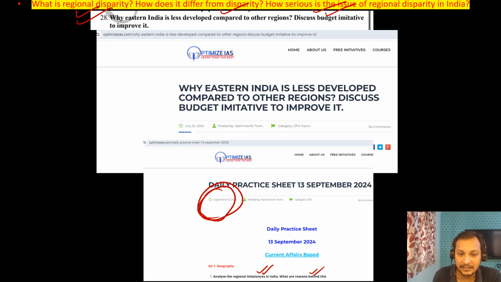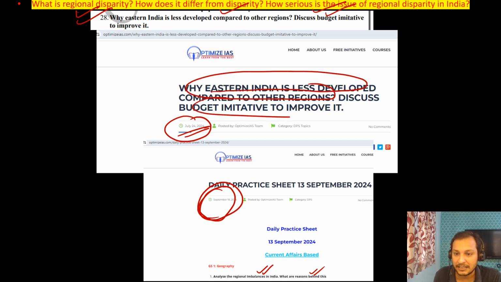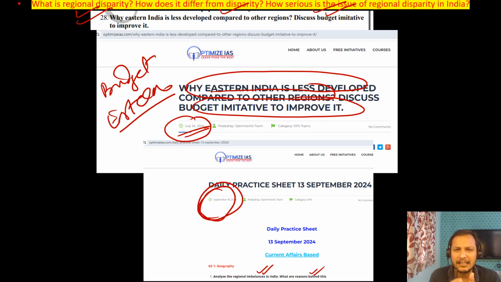Then you can see just around the budget day, I had framed a question, July 24. Why is Eastern India less developed compared to other regions? Discuss the budget initiative to improve it. How was I able to predict this question? This question I predicted because in the budget this year, they had one scheme for Eastern India. They said that Eastern India is a little bit less developed compared to other regions like the Western region or the Southern region. So in order to reduce this regional disparity, for the first time in the budget, they introduced a scheme. You see how